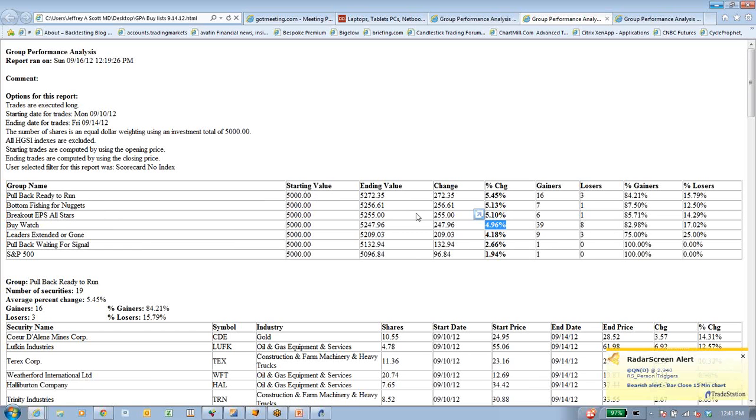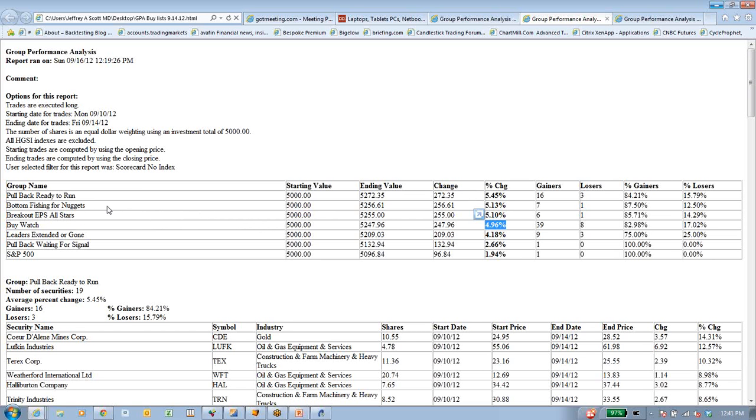And what's interesting, I like to look at what's working over the average of the buys. So pullbacks ready to run, those are stocks that have pulled back to support, and then had either a bullish candlestick, a kahuna, which is a momentum indicator, or a pocket pivot. They clearly were leading the charge. So I'm going to focus on those this week.